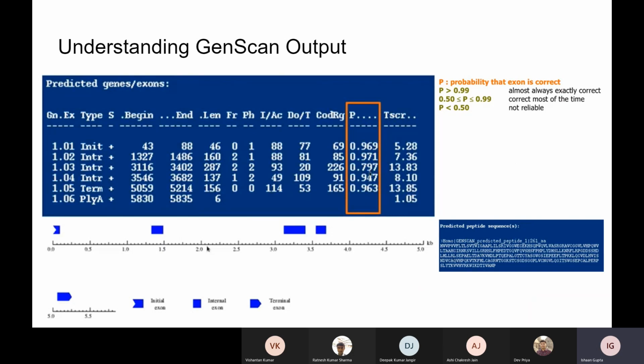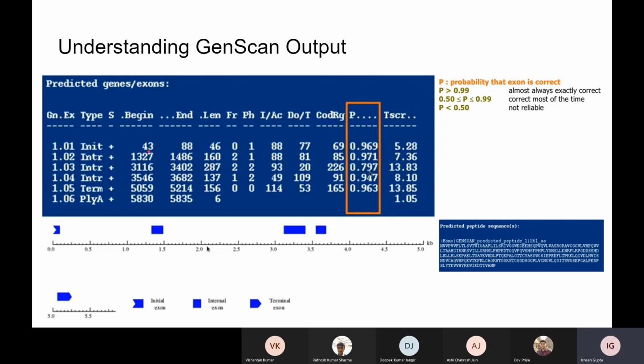This is what you'll be doing in your lab next, in the next class, in the next lab. It will be a mixture of GeneScan and, yeah, next lab would be GeneScan, and the lab after that would be AlphaFold, right? So typically the GeneScan is going to tell you at such and such location in the